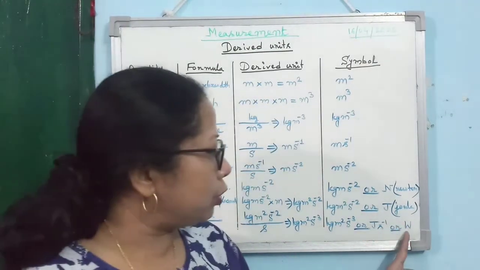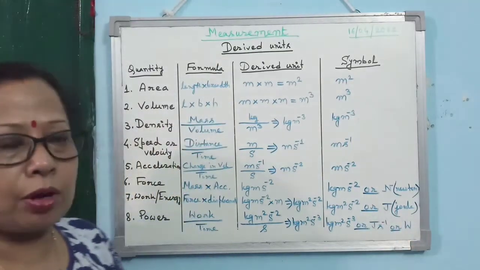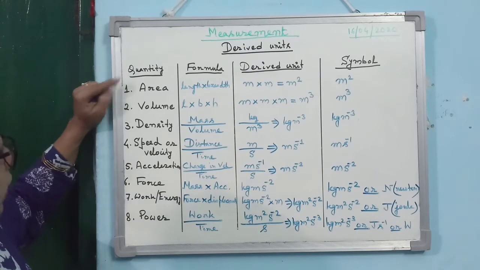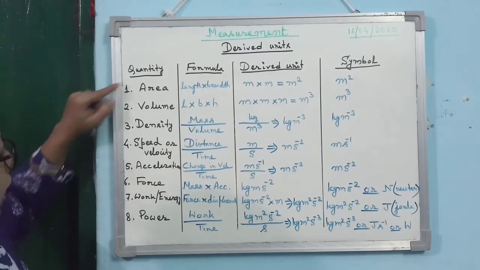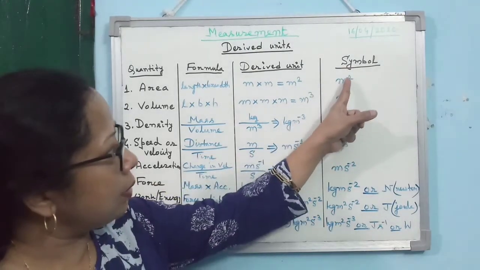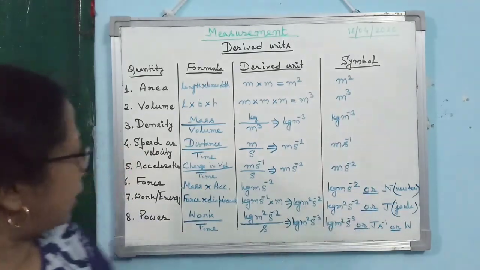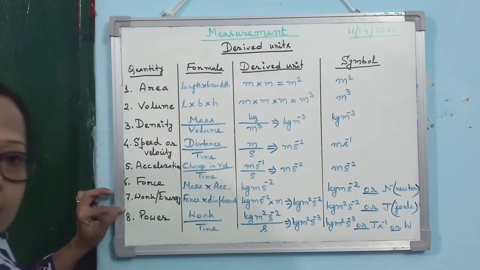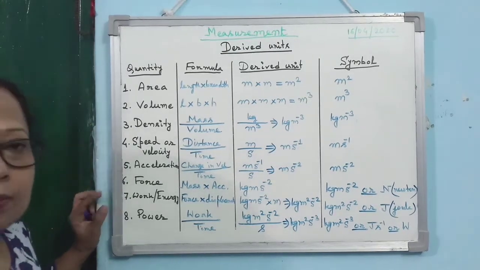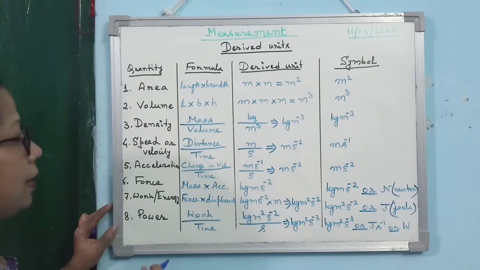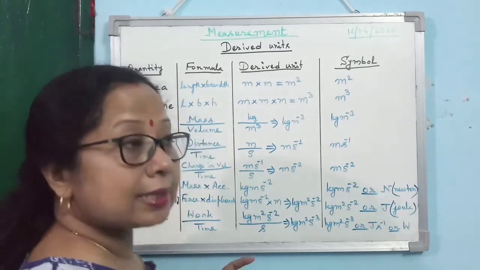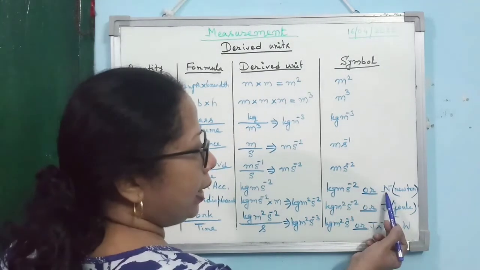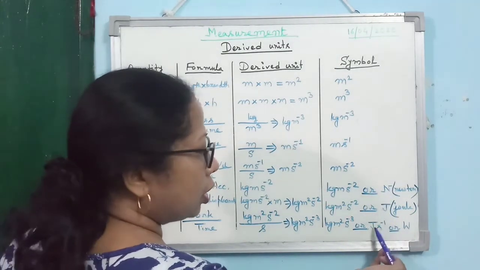So here again W should be big because Watt is the name of a physicist. Now here just observe from quantity number 1 to 8, 1 to 5 they are only having this one, meter square, meter cube, kg meter cube, like that. But when it is coming force, energy, power, then their SI units are named after the name of scientist. So that's why if the question comes, write the SI unit of force or work or power, then you have to write Newton, joule or watt or joule per second.